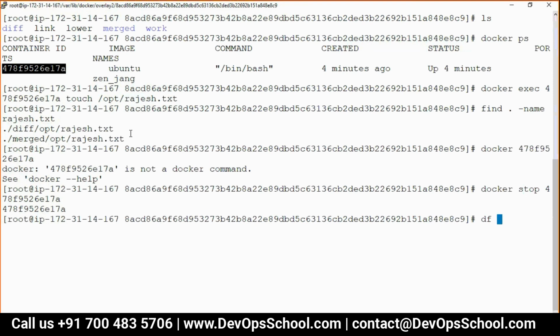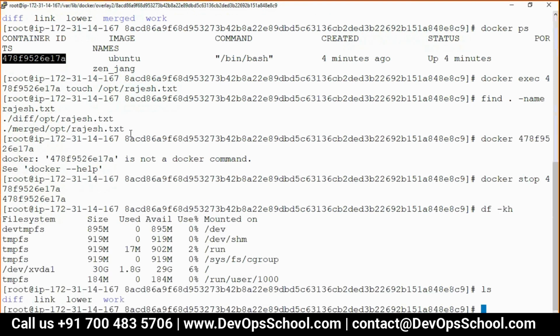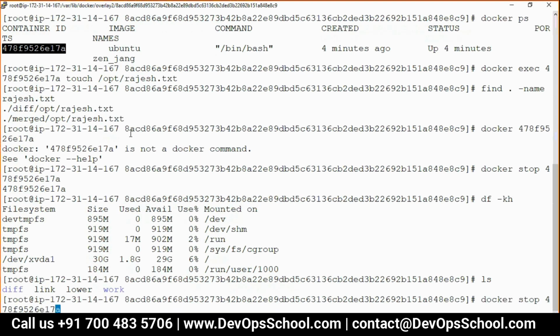You see here. df -kh, gone. See here, gone. But again I will restart. I'll start this container. Suddenly it will appear, but this time it will merge all the previous layers of the particular image plus the diff directory.